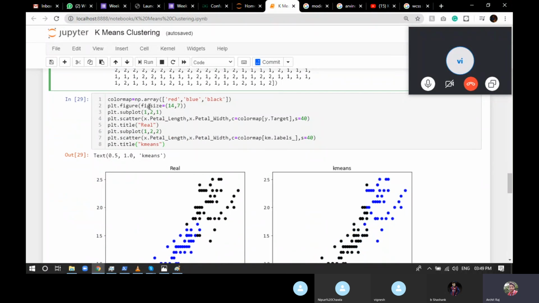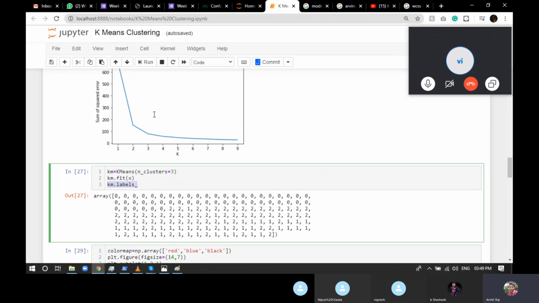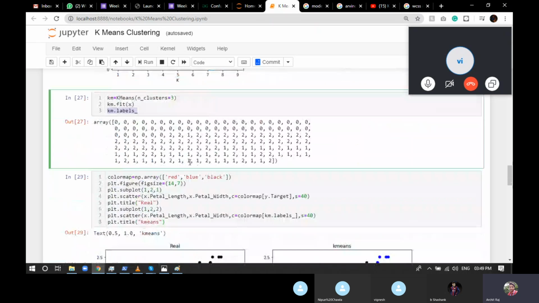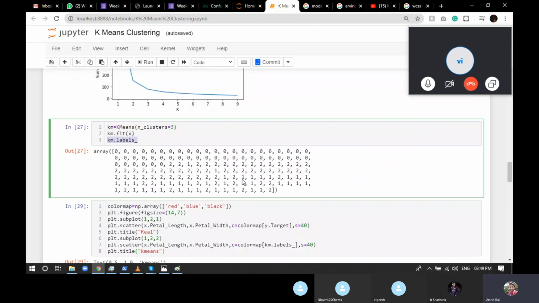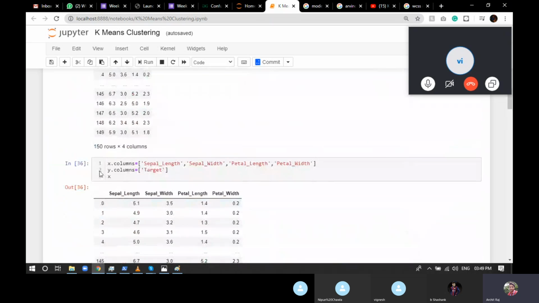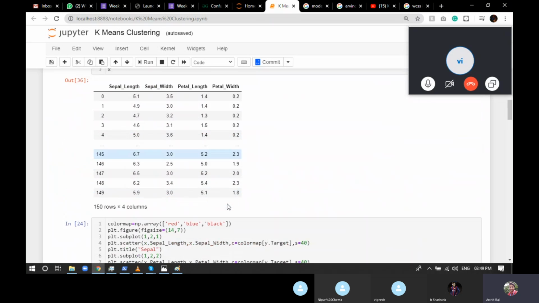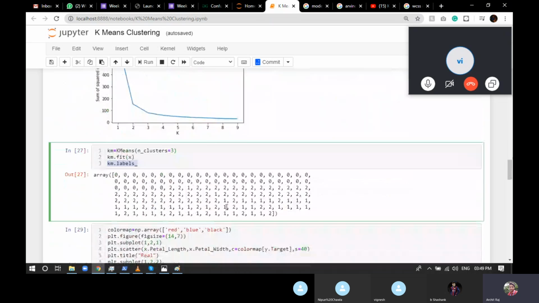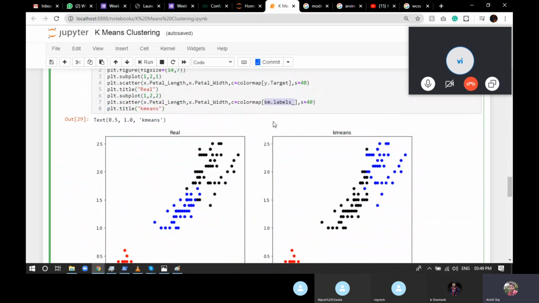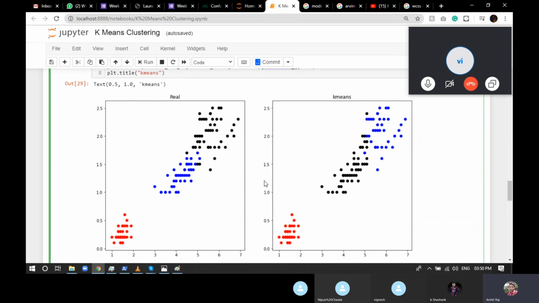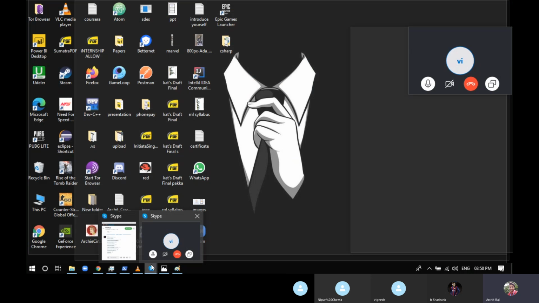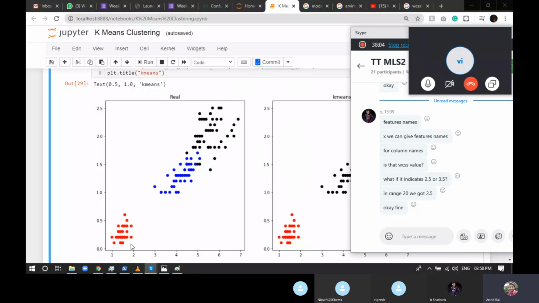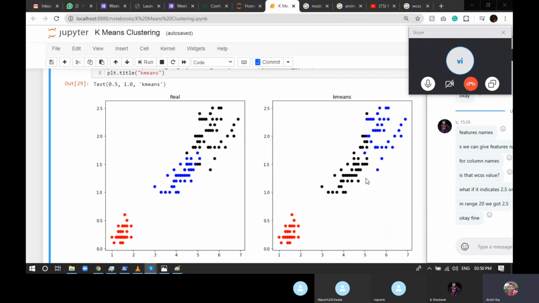Now what we're going to do is the exact same printing that we did here, but this time for the first graph, this is the real one. It means we are providing the petal length and the petal width. The color map is the target, or the exact value which we had, which is the first one. This one, y column is target. The second that we are printing is the color map of k-means dot labels. It means the answer that the model gives.